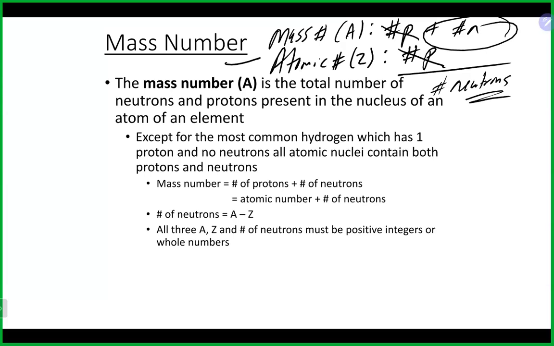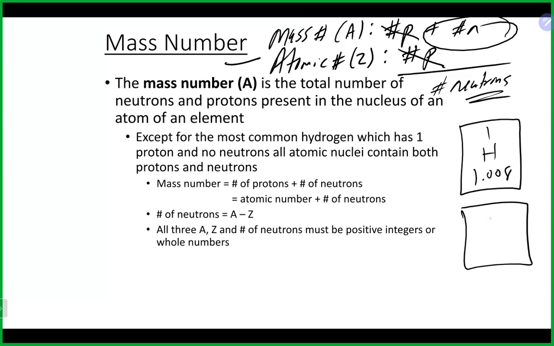When you calculate all of these things, a really important thing to remember is this. If you calculate the mass number, the atomic number, or the number of protons, electrons, or neutrons that somebody has, they should all be positive whole numbers. You can't have half a proton hanging out, or half a neutron, or a quarter of a neutron, whatever it may be. So that brings up the question: if I go to my favorite periodic table, whichever one that might be for you, and I look at a lot of numbers there,